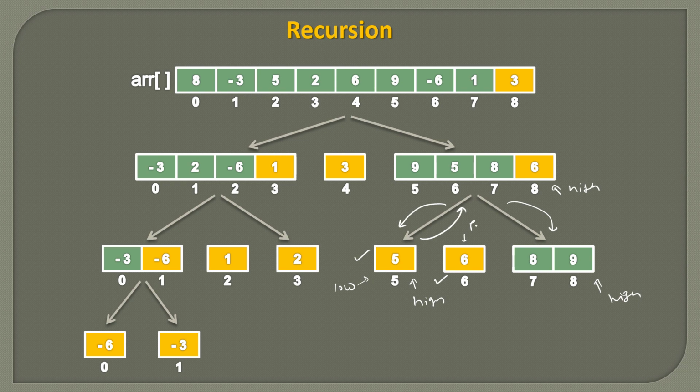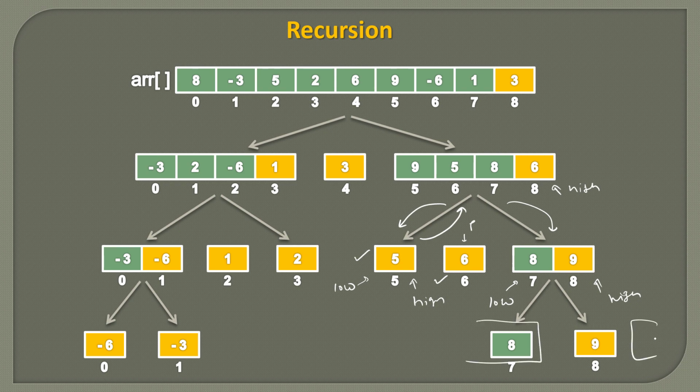Like this, and if we do p plus 1, this will be our low now. So now we are actually partitioning two elements. So we take 9 as the pivot, we do the partition. So our pivot lies at the 8th index. There is only one element which is lesser than pivot, which is on the left side of the array, and there are no elements which are greater than pivot.